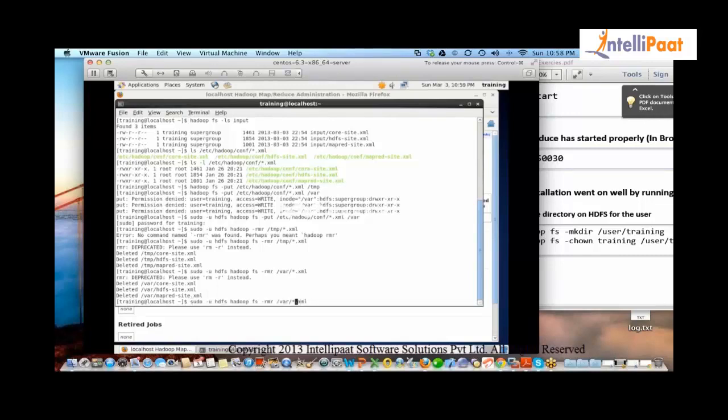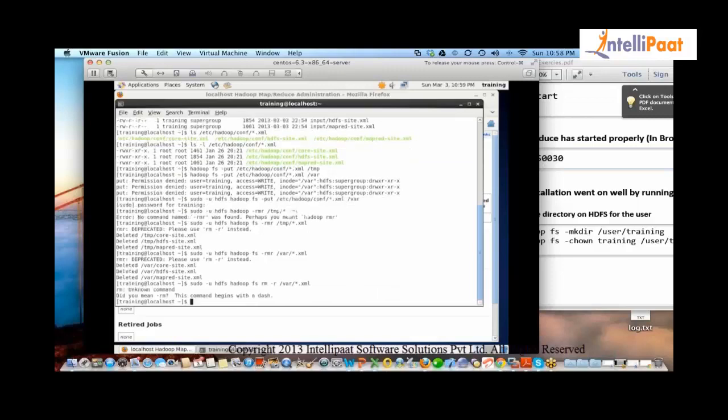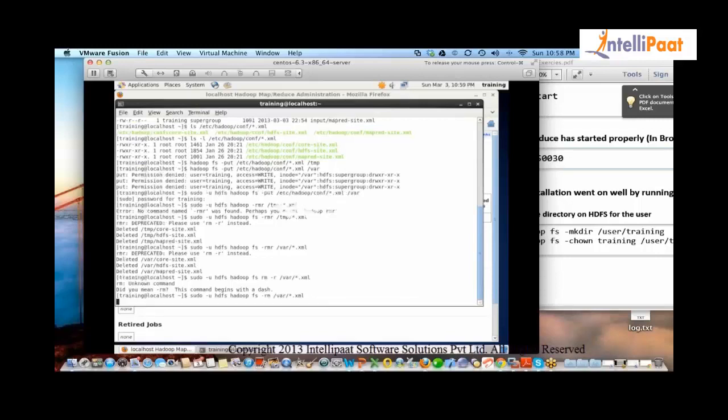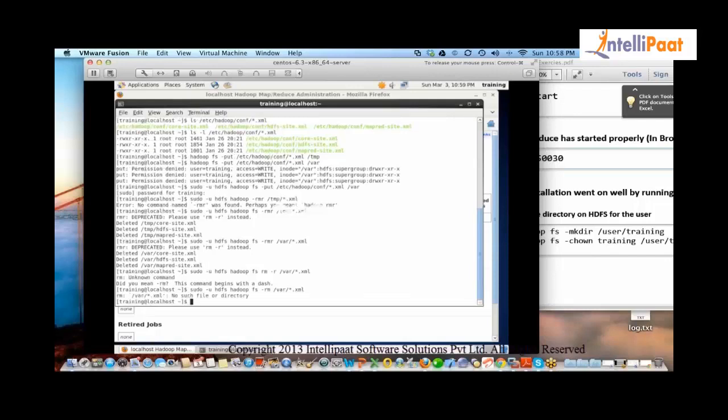If I do rm -r, no, it doesn't work. What happens if you just do rm? It will work, but it will not do recursive. That's the problem.